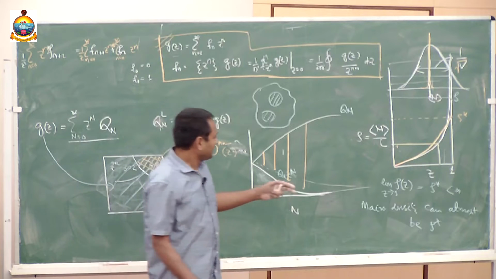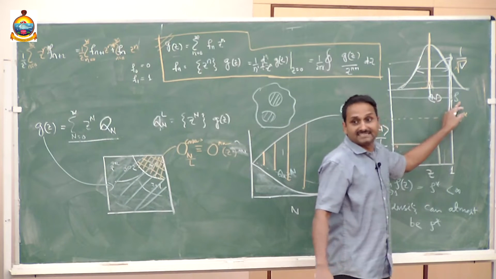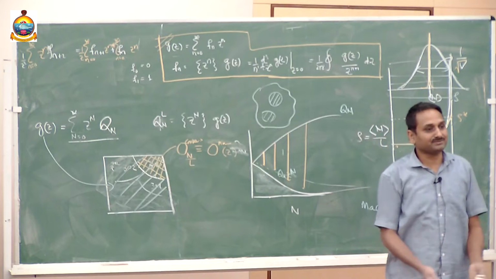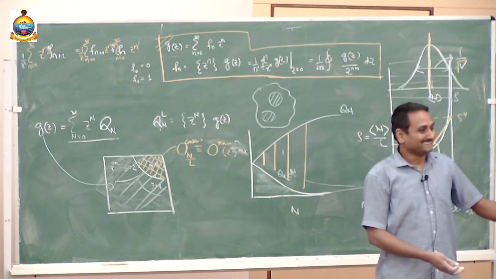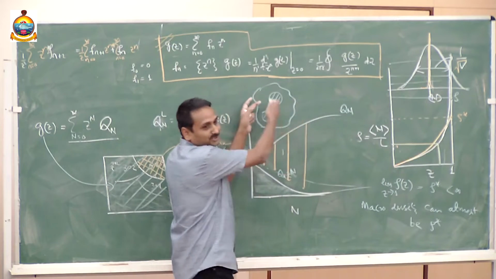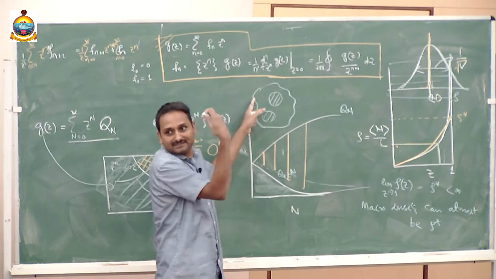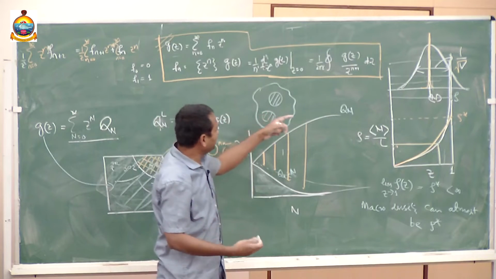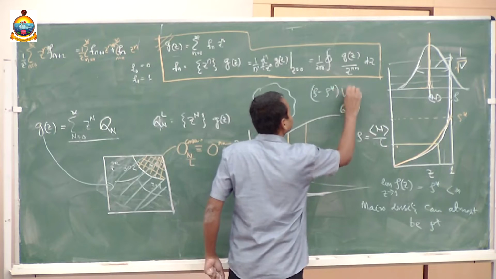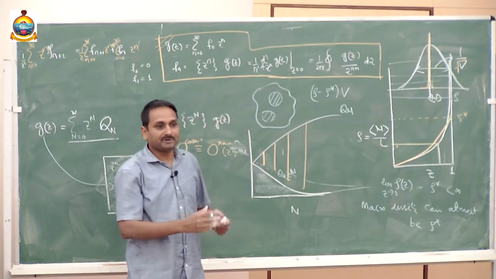If that is the case, and you have a density rho, then it's very bad. Everywhere in the system the density is rho star, so how is it possible the whole system has a density rho if it is conserved? Then rho minus rho star times whatever the volume is,